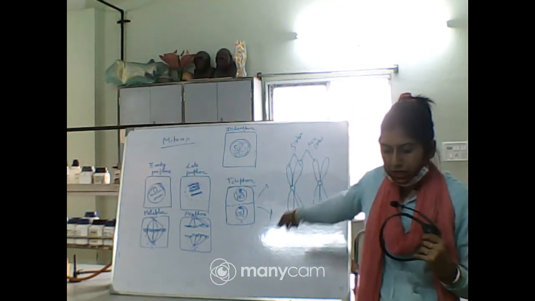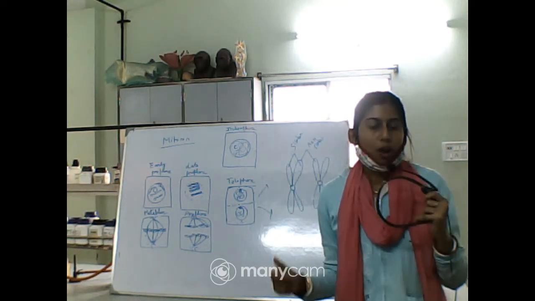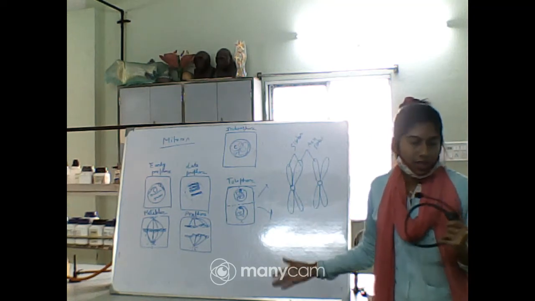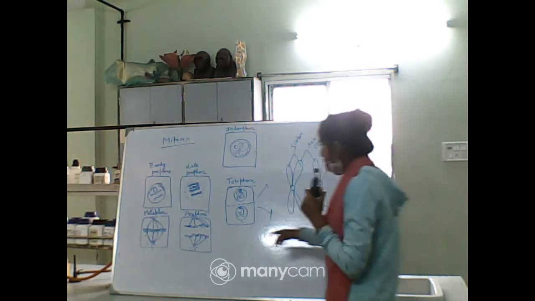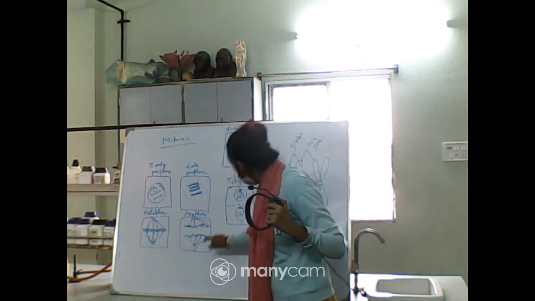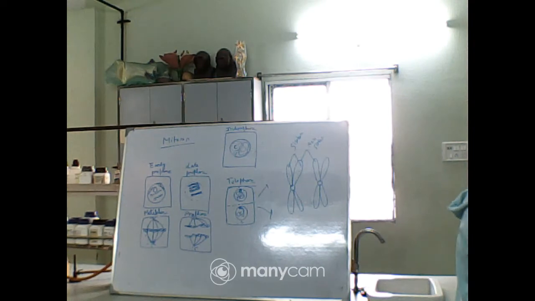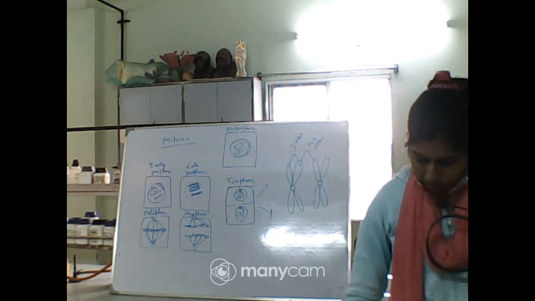The centriole pair replicates to form two different centrioles which will migrate towards the two opposite poles, right? And the other criteria are all the same. Now you can see that I have drawn that centriole, right? So these two are the differences between the animal cell and the plant cell. So now let me show you the